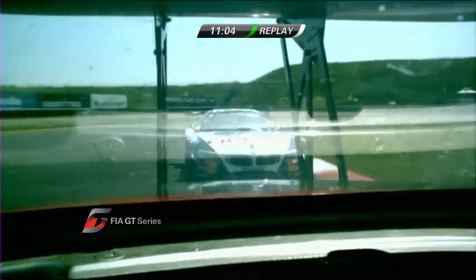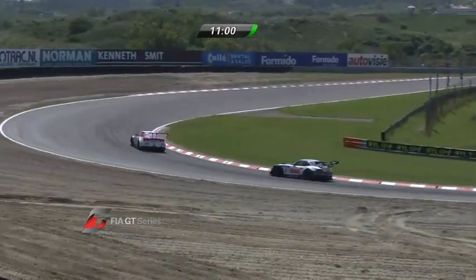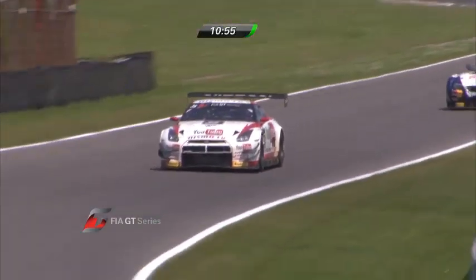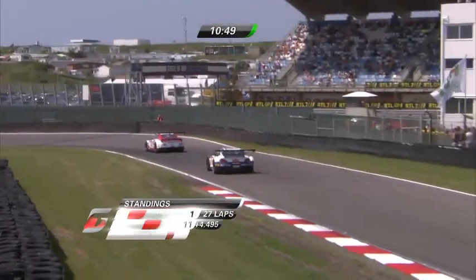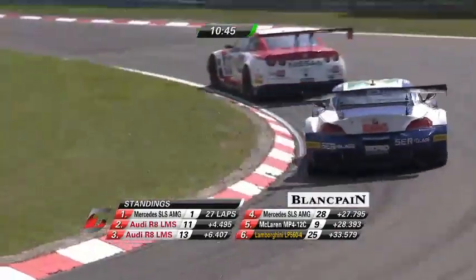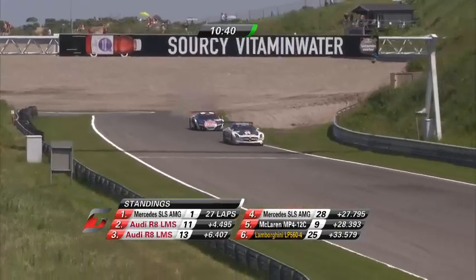The very wide angle lens on the camera slightly distorts how close the BMW was to the tail of the Nissan. But it's an opportunity that was half offered. Alex Buncombe knew that the BMW wasn't in a position to force the issue or even make contact. So Alex Buncombe was pretty comfortable and didn't have anything to fear. We saw there a few minutes ago